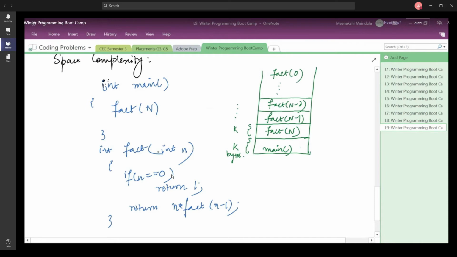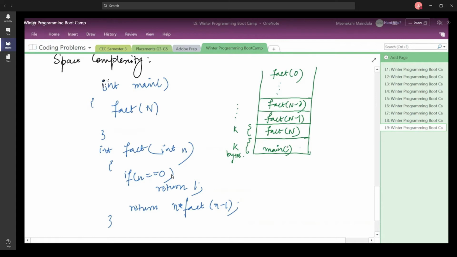Whenever you run fact of 0, it is going to return 1. As soon as it returns 1, this fact of 0 and its space on the stack is going to be removed. Then as soon as it returns to the previous function that has called it, that is also going to get removed from the stack. But initially it is going to take up certain bytes on the stack.